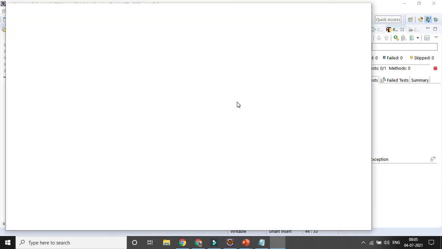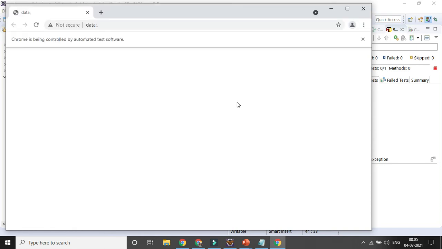First it is trying to open the Facebook page. It will enter the first data set, right? Username 11, password 11. Then it will close the browser. Again it will try to open it for the second set. It will enter the second set of data. It will quit the browser. Again it will wait for the third set, and that's why it will work.